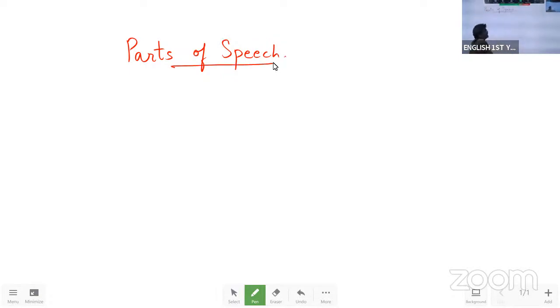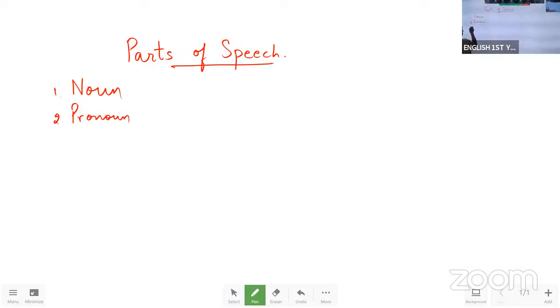This has already been taught to you in school, but sadly to say, many children yet don't know the difference, what a verb is, what an adjective or adverb is. So let's go. First is, there are 8 parts of speech. They are noun, pronoun,